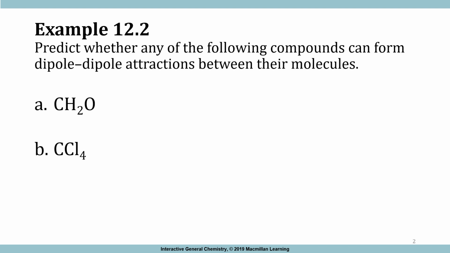Example 12.2 says predict whether any of the following compounds can form dipole-dipole attractions between their molecules. So we're looking for it being polar. Sometimes you can get asked, is there going to be a dipole-dipole attraction between these two different compounds? Or they might word it so that if I have one compound by itself, will there be dipole-dipole attractions? So let's draw these out, because it's not so easy to tell if it is polar just by looking at it. So COH,